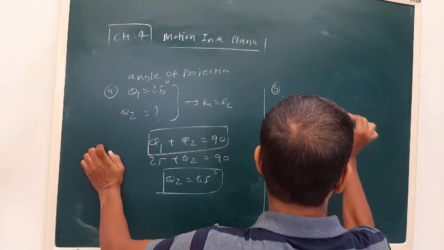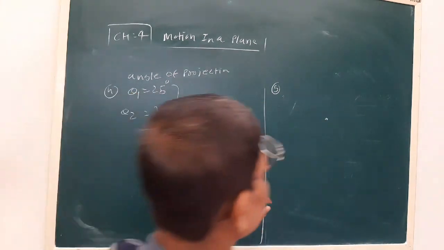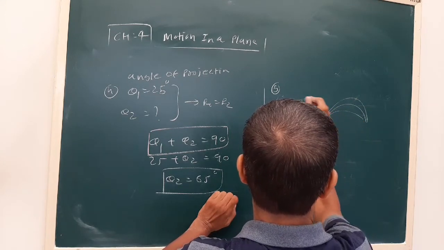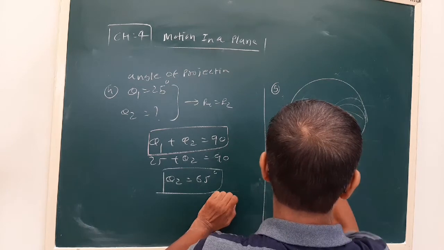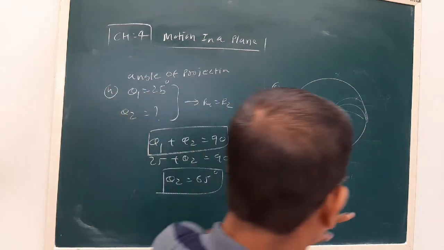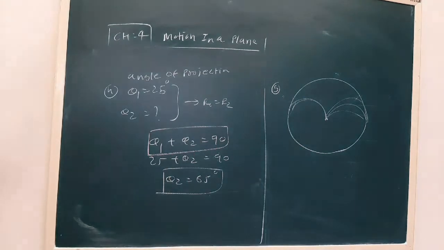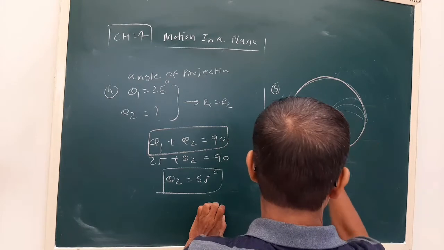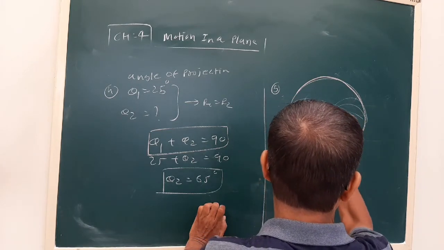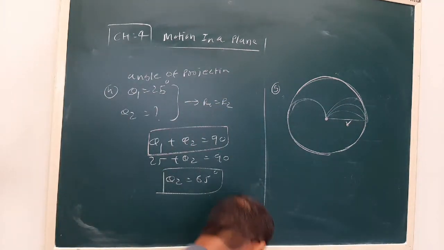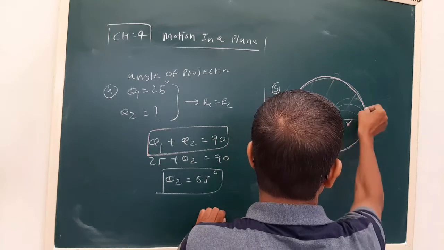Now next one. Let us say a person is standing here, he fires the bullet in different directions like this. So let us say this forms a circle. We have to find out what will be the maximum area covered on a circular path. Suppose I consider this as a circle. The person standing will be the center. Let us say radius is r. What will be the area covered by this circle? We have to find the area of this circle.